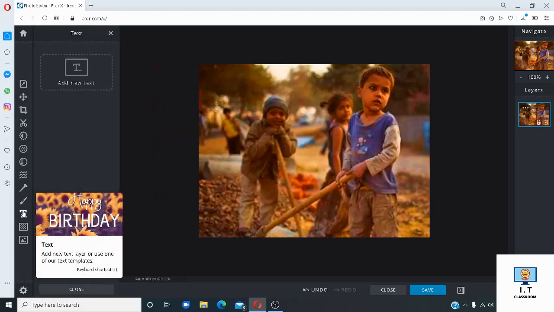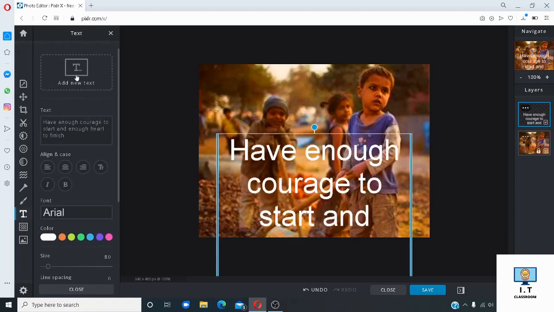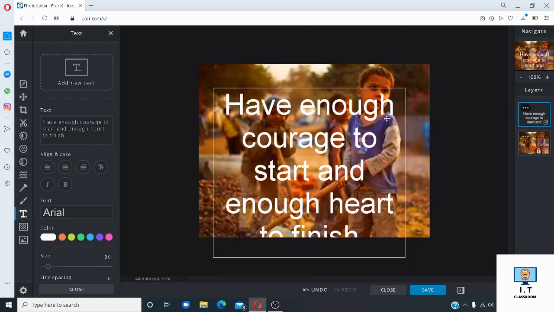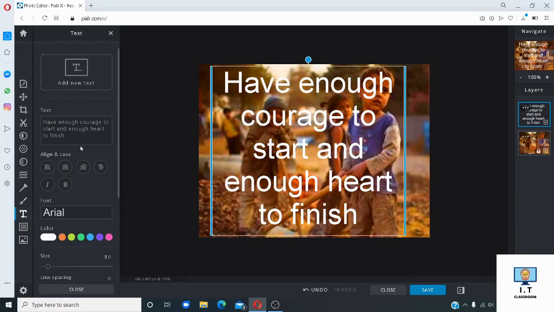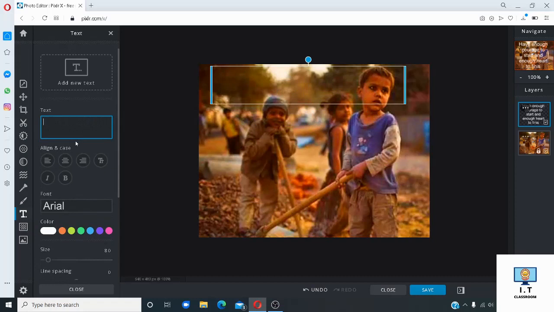If you want to add text on the image, go to the text tool and click on it. Here you will click to add new text. Whichever text you type in the text box will appear on your image.